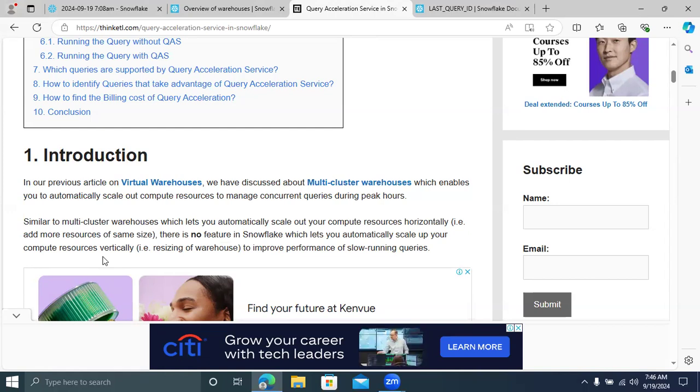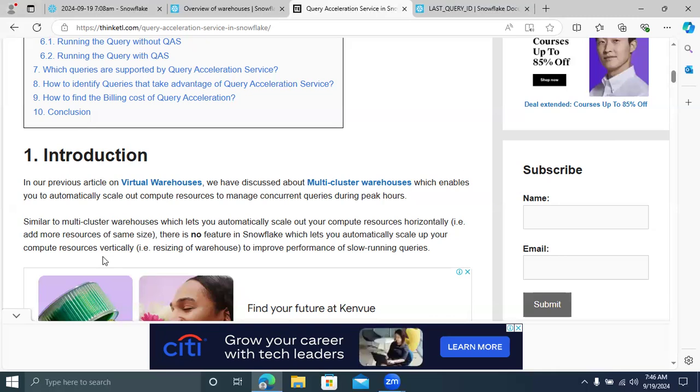Now, if you want to insert into a table using a select statement, insert into select, then you have to go for query acceleration services. If you want to run more queries in peak time, we have to go for scale factor, query acceleration services.